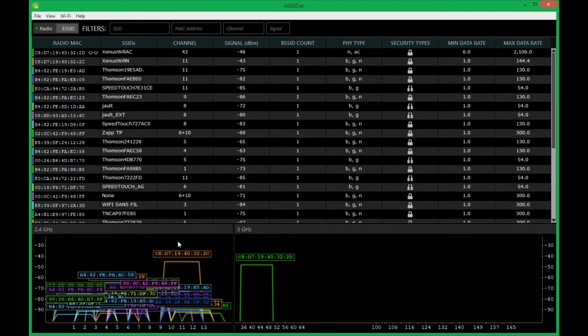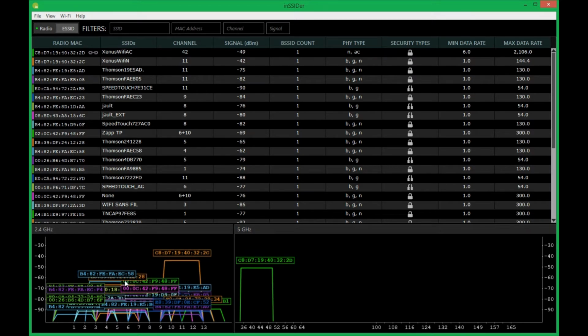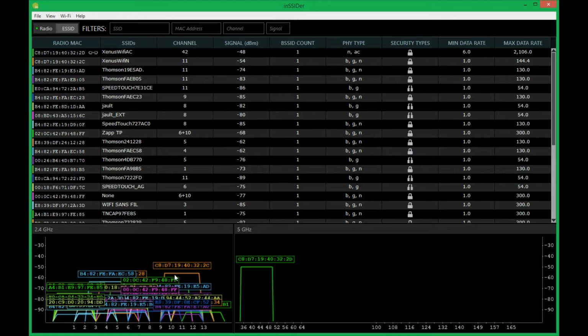If you look down on the left graphic, the network that is about 2.4 gigahertz, it shows you all the Wi-Fi N networks that are around me. It could also be some Wi-Fi G networks, but mostly it's Wi-Fi N. As you can see, there are a lot of networks, and you can see these numbers on the graphic. It's the network channel that is used, going from 1 to 13. I'm using channel 11, and you can see that I'm the strongest network here. It's quite normal, so it's easy to find me.